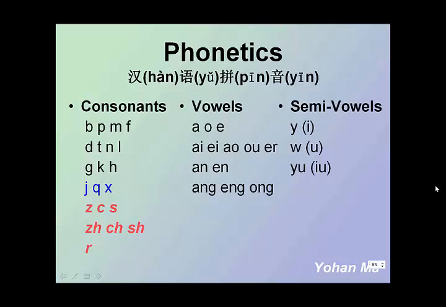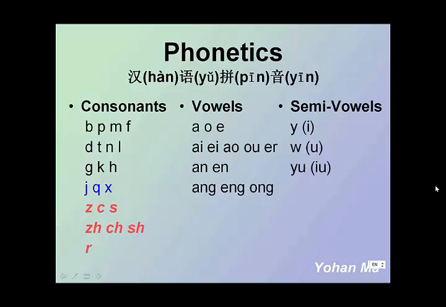Let's talk about consonants first. Those three lines in black are just like in English. For example, B, P, M, F, D, T, N, L, G, K, H. If you see those symbols, you will know how to pronounce them. But the next one,